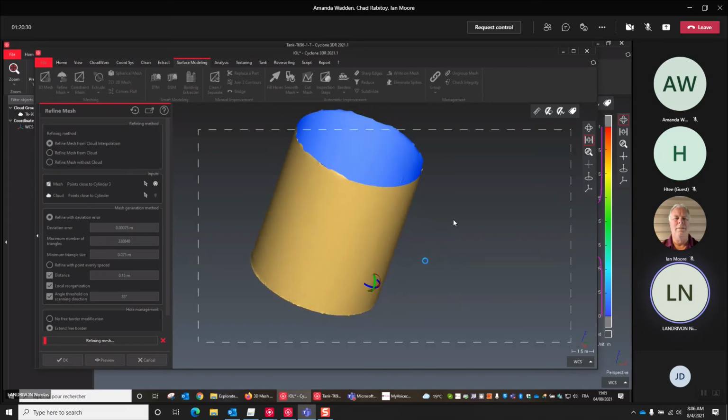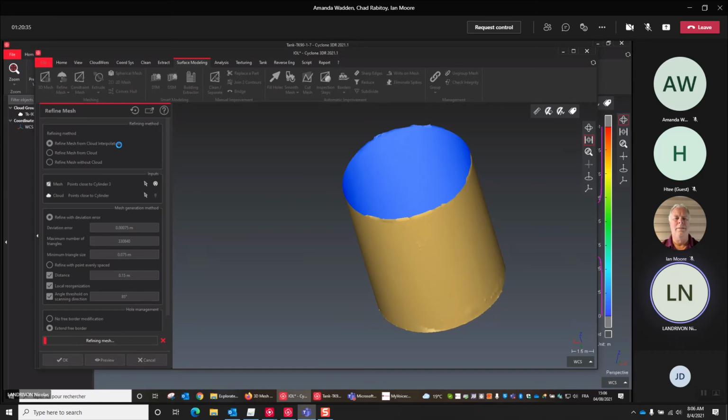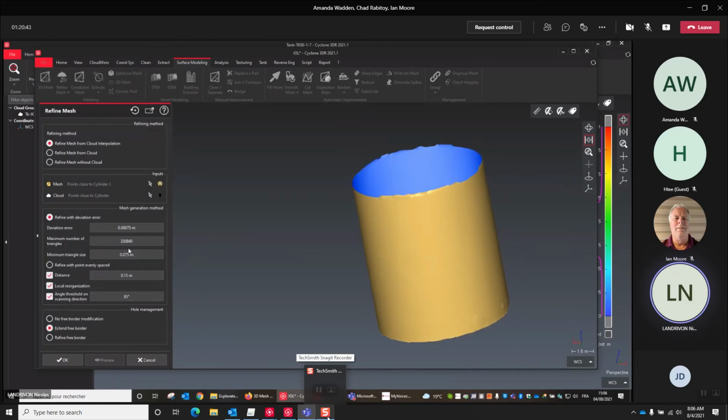So here it can take a little time because of the refining process, which is based on the interpolation. So I would say we use the points. Okay, and let me check 0. Should be okay.